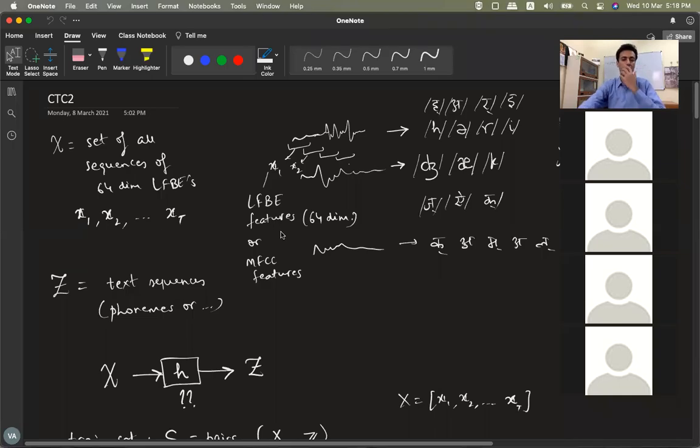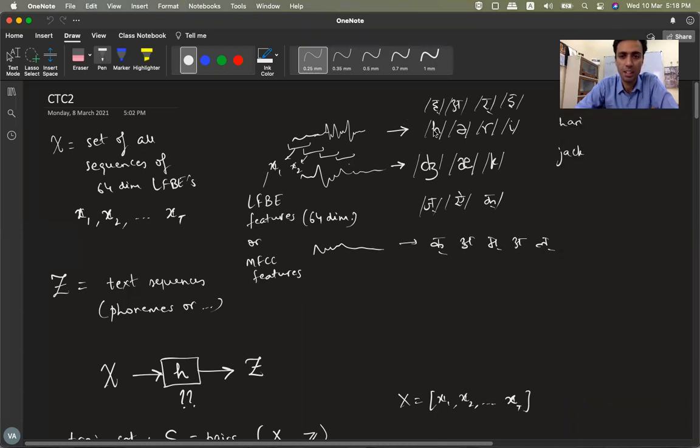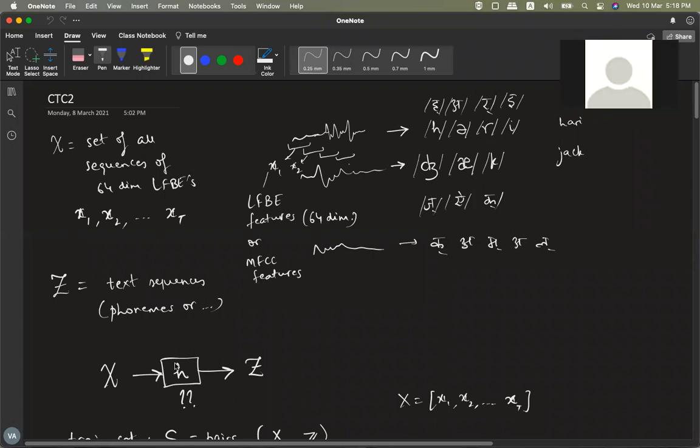Okay, so we were discussing connectionist temporal classification. What is CTC? You have all the recordings of speech and the corresponding labels. So I say Hari, and these are the phonemes which are given to me in the text format: Ha, a, ra, e, Hari. So this is my set X, this is my set Z, and I want to learn a mapping H from